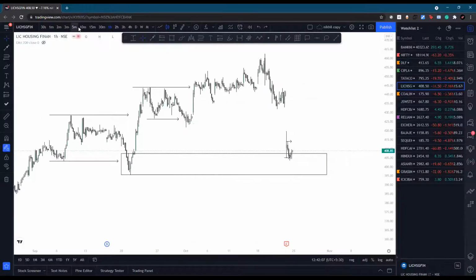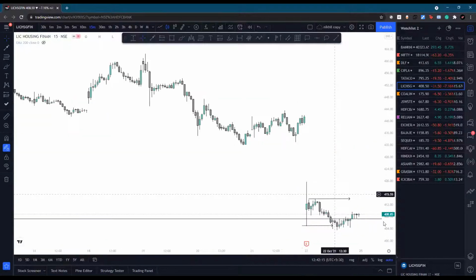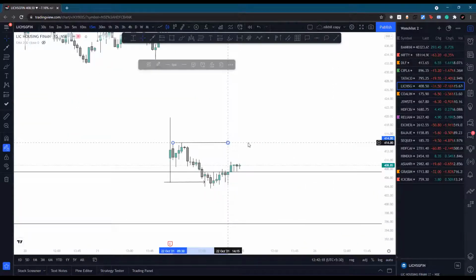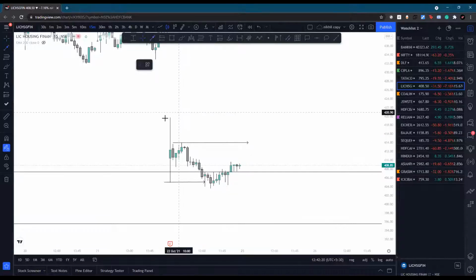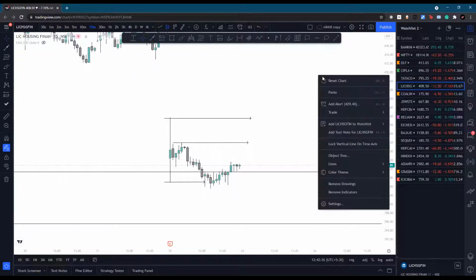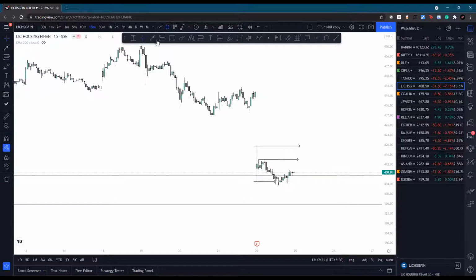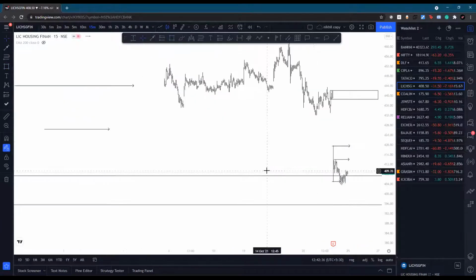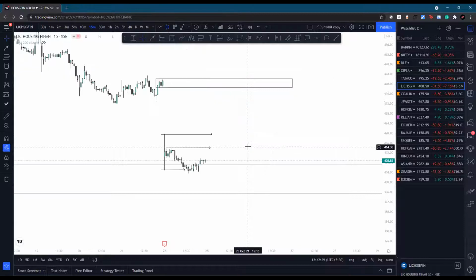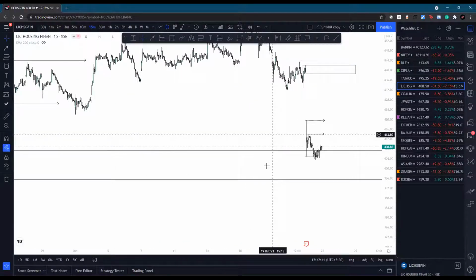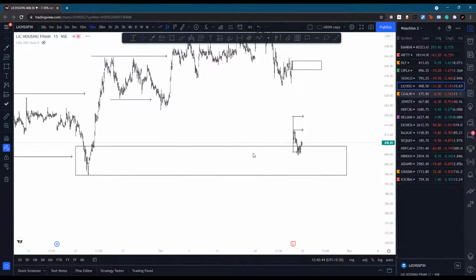Any bounce from these levels, any bounce from this order block level, what we are going to look for on a 15 minutes time frame, on a lower time frame, is again a break of this high, and then order block and then entry. Mostly our target would be this gap fill, all right. Okay, next stock is Coal India.